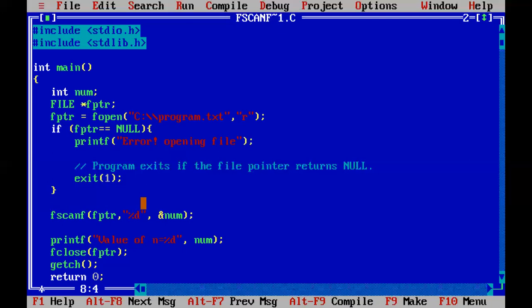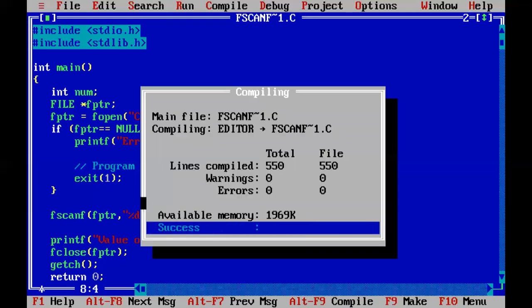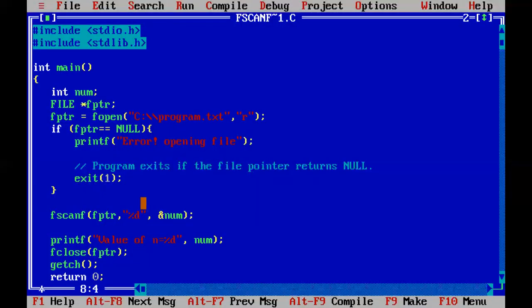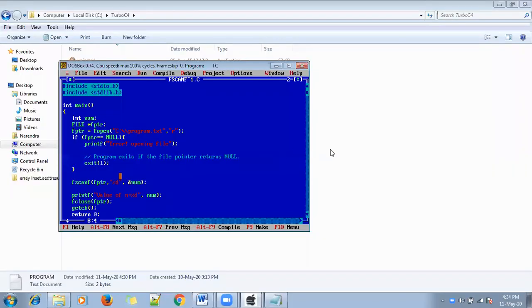Now I am going to compile and execute this program. Value of n equal to 55, right? Have you seen that? Yes. This is the advantage with fscanf. In the same way we can write